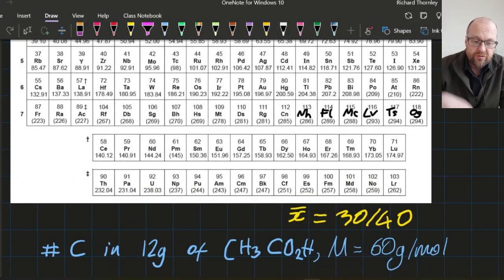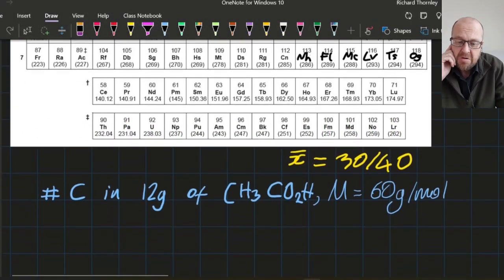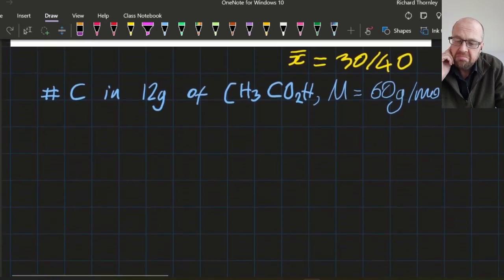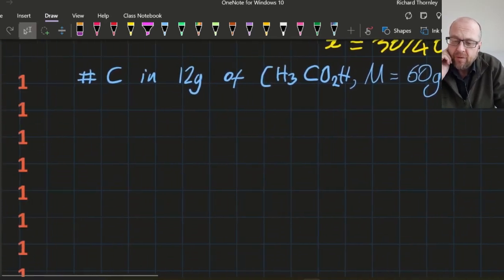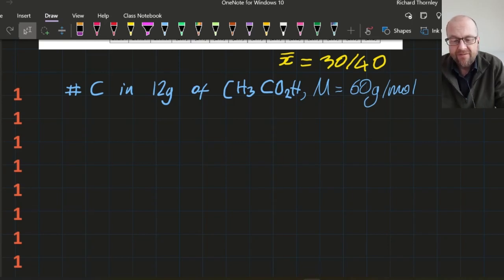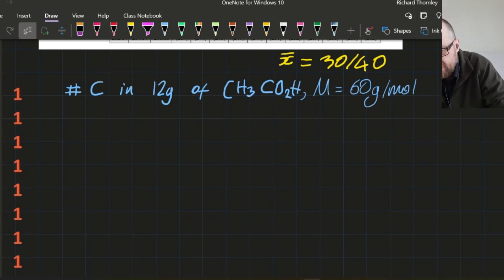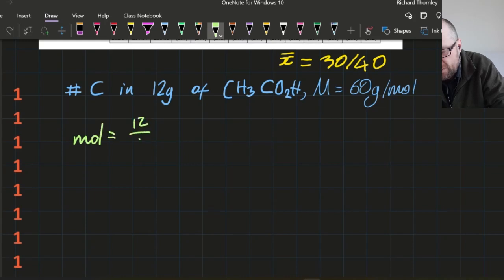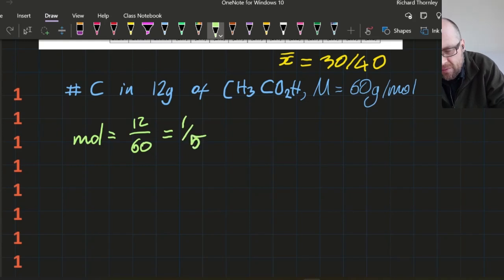So 30 out of 40 was the average for this paper. Feels pretty high. All right, question 1. Well, they've given me the mass and the molar mass, so let's just do some moles. Moles is mass over molar mass, which is going to give me 1/5 of a mole. So I've got 1/5 of a mole of